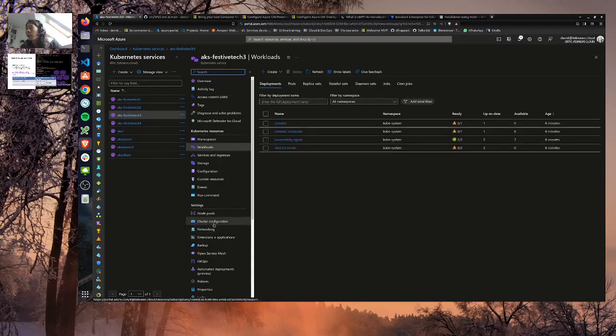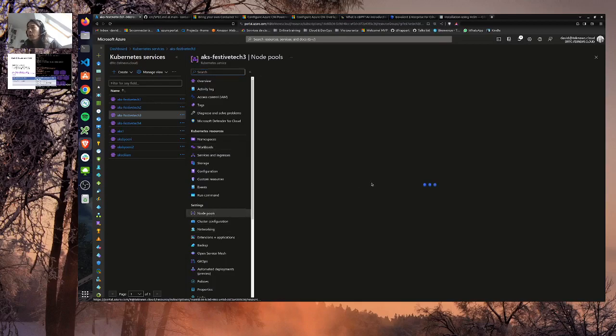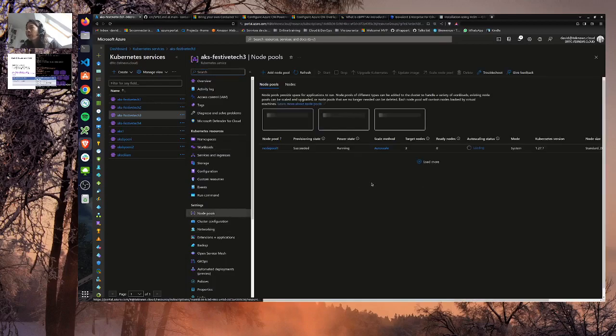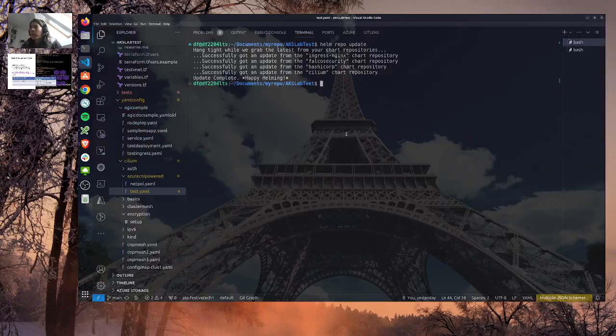the one with bring your own CNI, you can see that there are more pods that are not running. Let's check first the node pools. So I have 1 node pool with 3 nodes, and they are in not ready status. So I can maybe start interacting with my cluster from the command line.